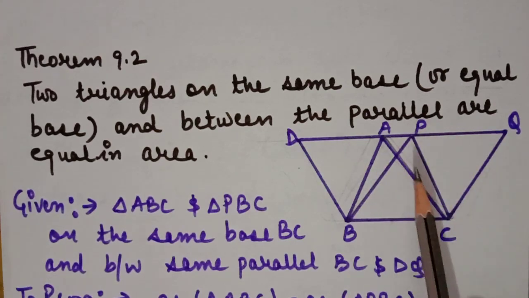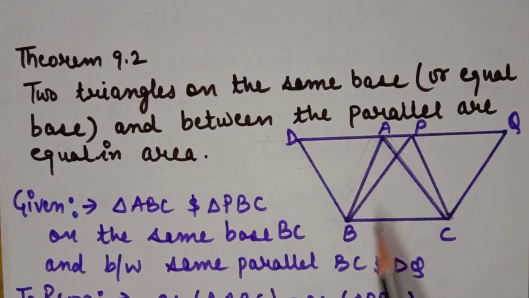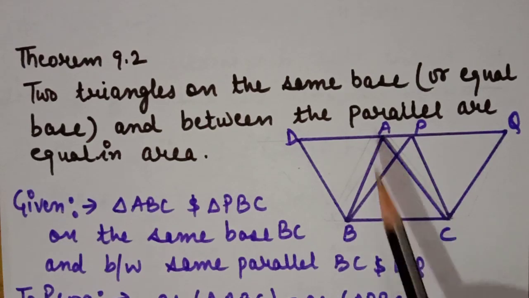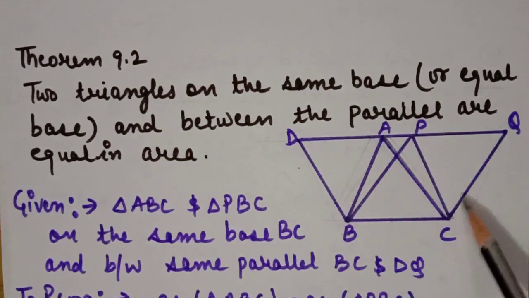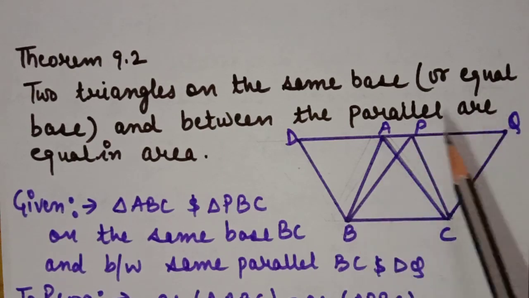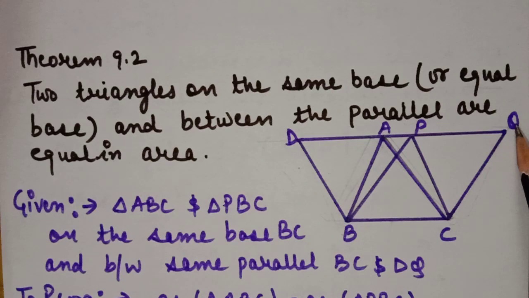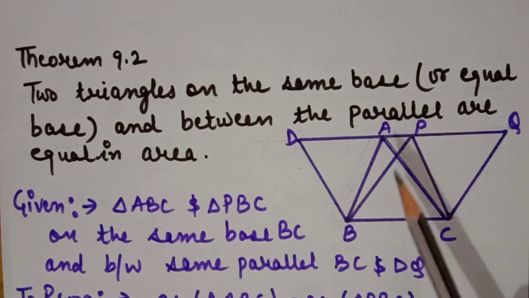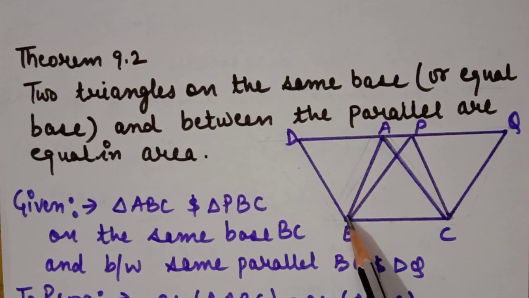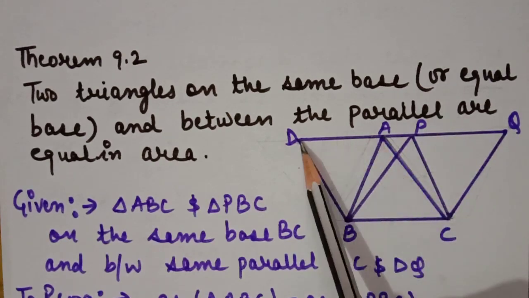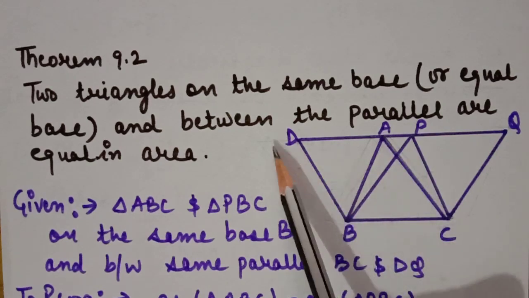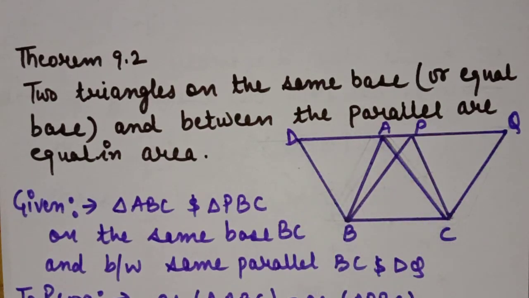So students, you are thinking I am talking about two triangles, but here the other parts of the diagram are also present. Students, we have triangle ABC and PBC. Then I construct a line QC which is parallel to PB and join PQ. Now PQBC is a parallelogram. On the other side of the diagram, I construct a line BD which is parallel to AC, and join AD. Now ACBD is a parallelogram. It means now we have two parallelograms by construction.